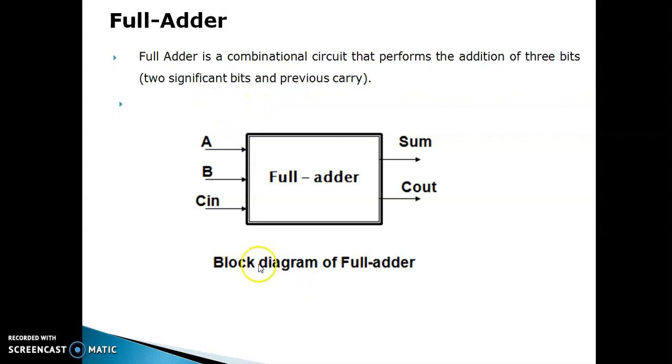First of all, we'll see the block diagram of the full adder circuit. Look at this block diagram. In order to represent the full adder circuit, there will be 3 inputs, that is A, B, C in, and there will be 2 outputs, that is Sum and C out, or you can simply say carry. Now it is just a block diagram representation. Right now we don't know what is inside this full adder circuit. Now let us design the internal circuit in detail.